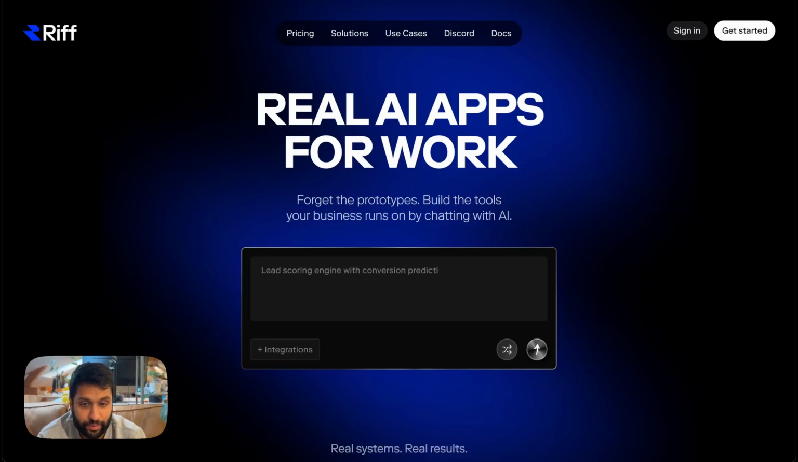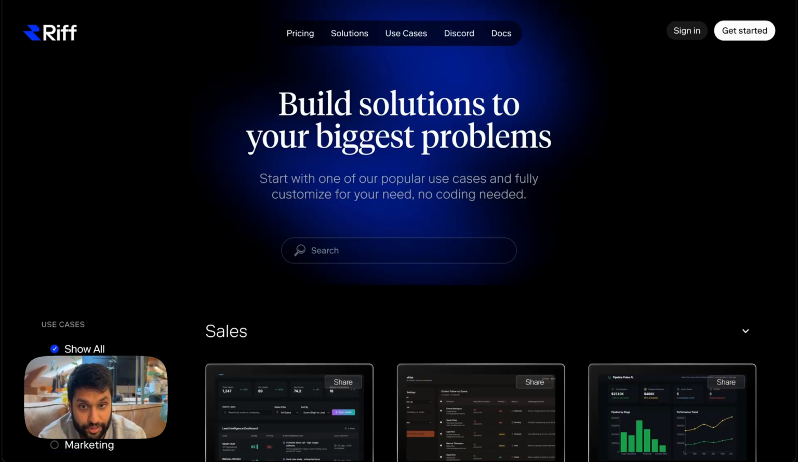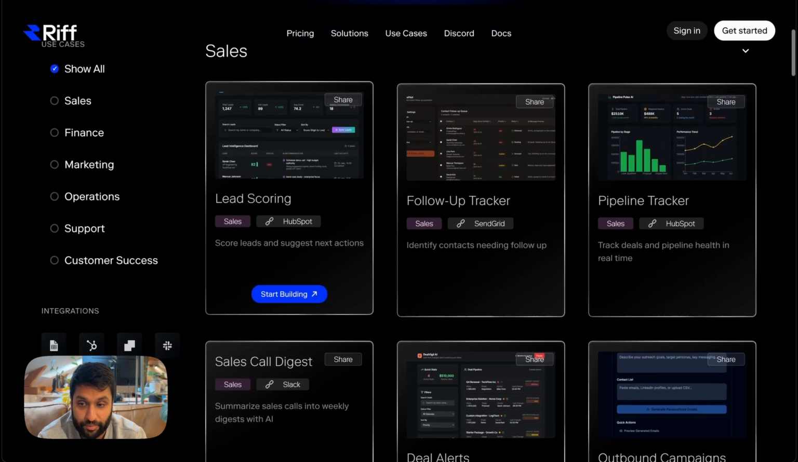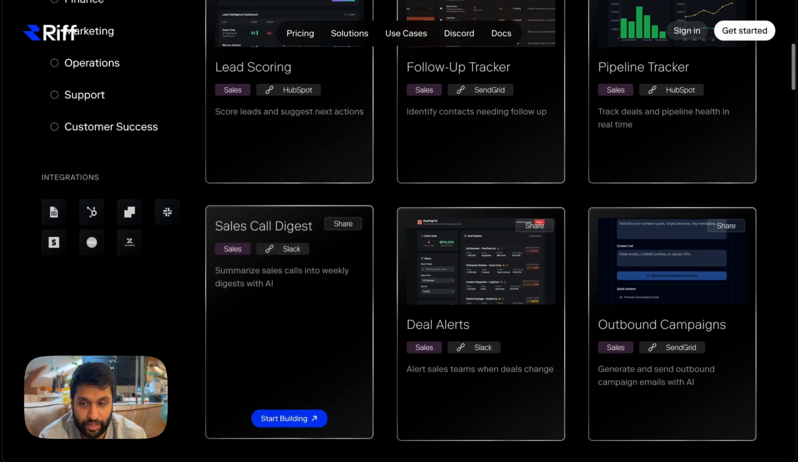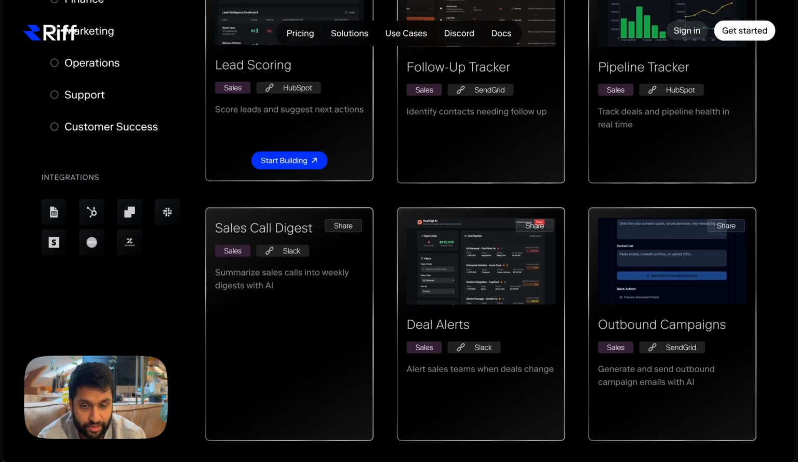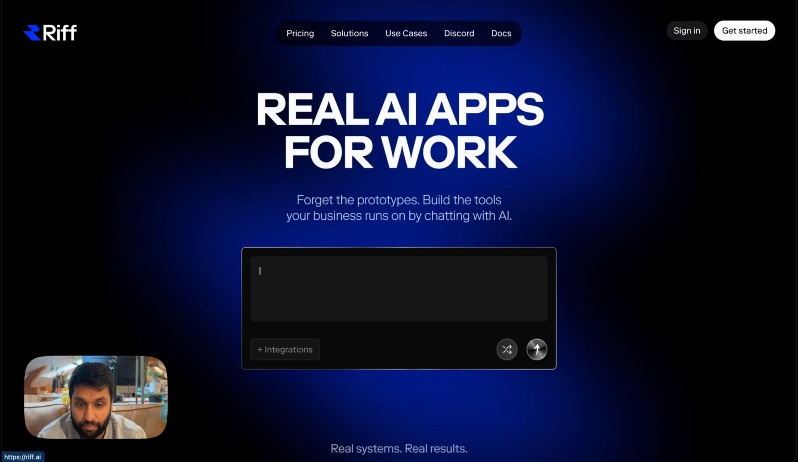All right, we've popped on over to Riff.ai to build our app for work. So you can get started with your idea right away, but if you don't know where to begin, Riff gives you a use case library filled with inspiration for sales, finance, marketing, operations, support, you name it. But what we're gonna do is get started with the prompt box and build a sales pipeline